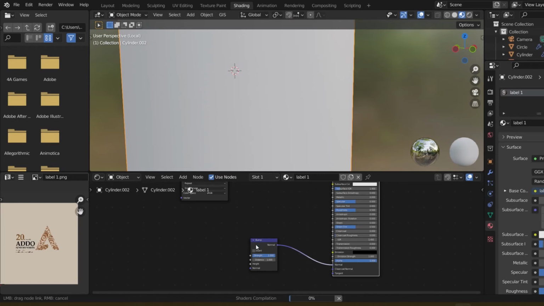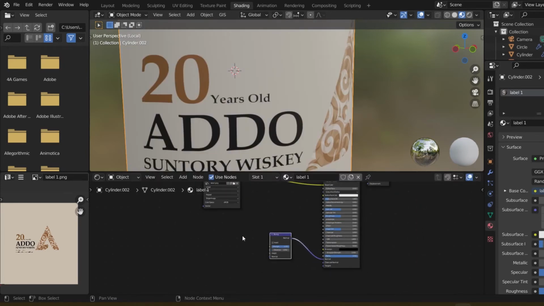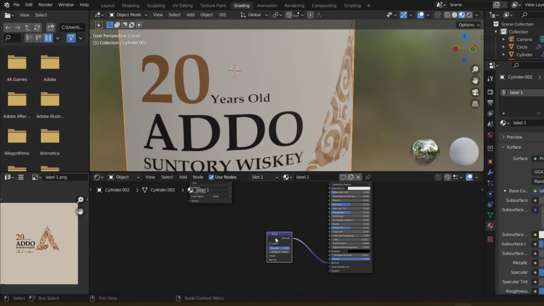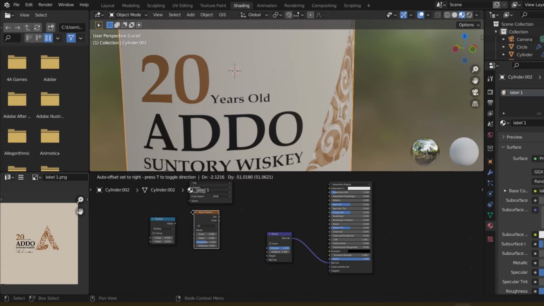It gives to the normal. Now on its own, it doesn't do anything because it doesn't have any texture to work with, because nothing is feeding information to it. So to do that, we're going to add a math node. We're going to set this to multiply. We're going to add a noise node, not this one, a noise texture node,